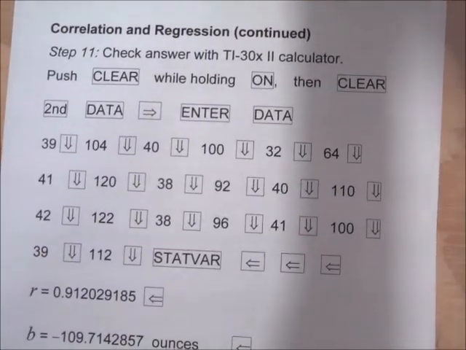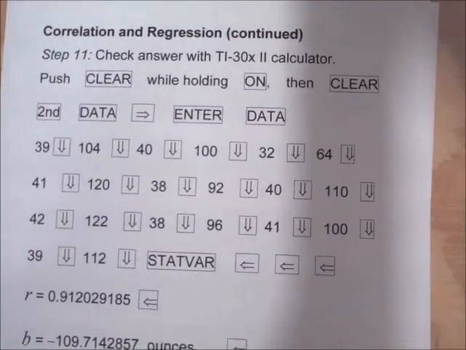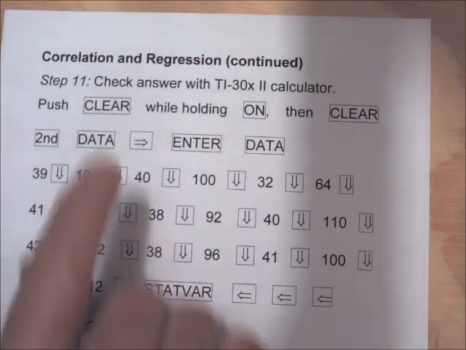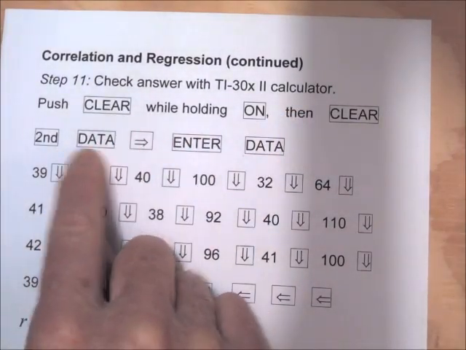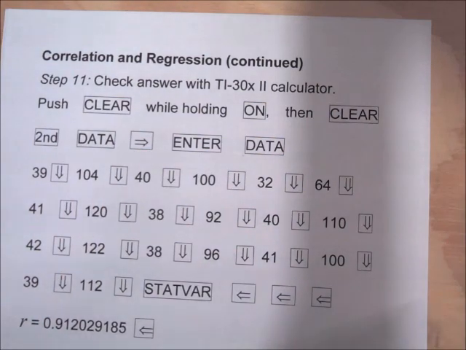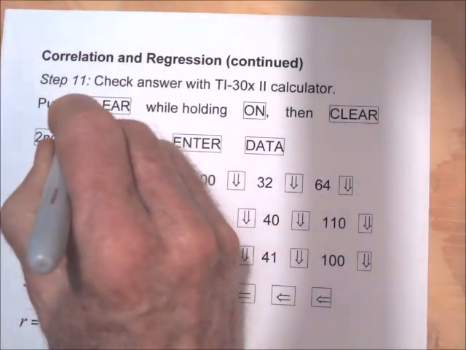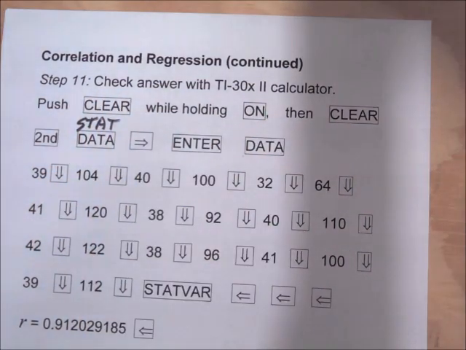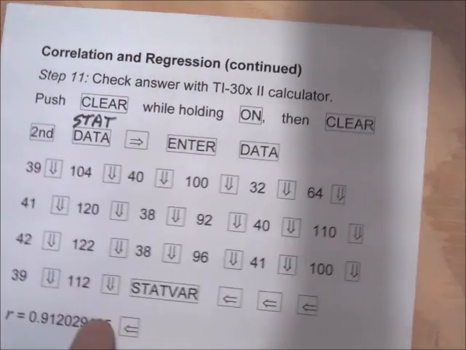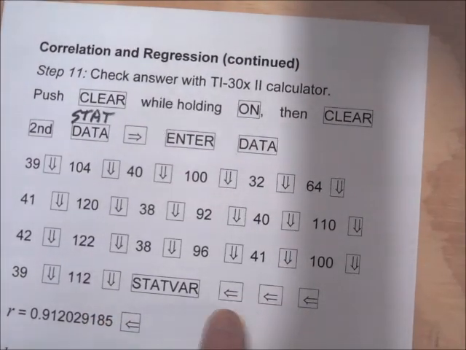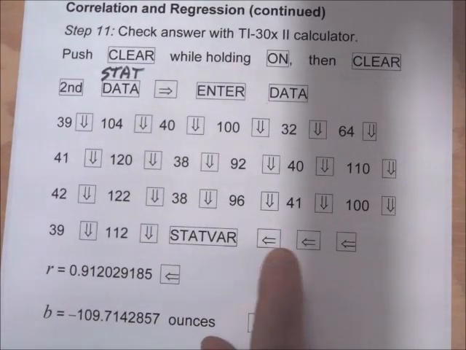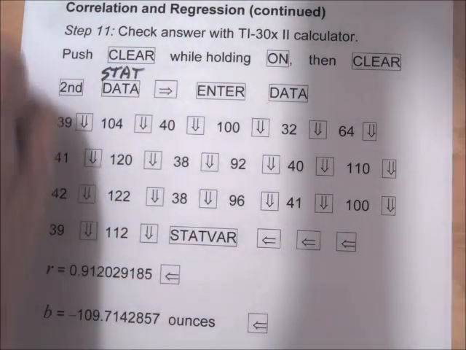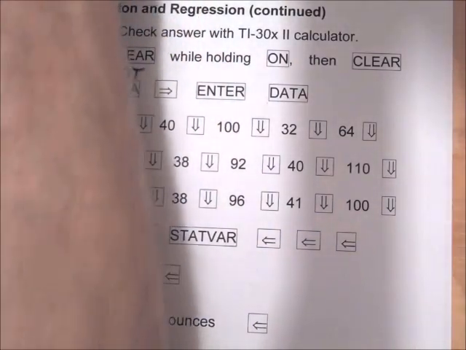Again, we can check our answer using the TI-30X calculator. Push clear while holding on, and then clear, second data, and then the stat menu comes up. Push the right arrow to get 2 variable statistics, and then push enter or equal sign, and then data, put in all the data. You can go either left or right. You get to the 2 variable statistics faster if you go to the left. If you push the left arrow 3 times, you'll get the correlation coefficient R,